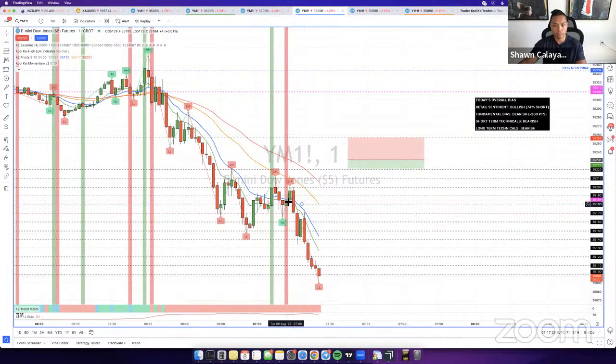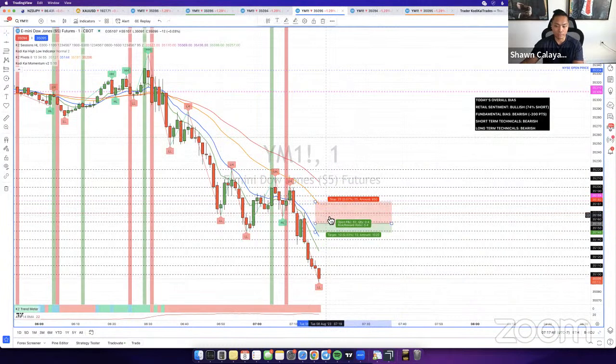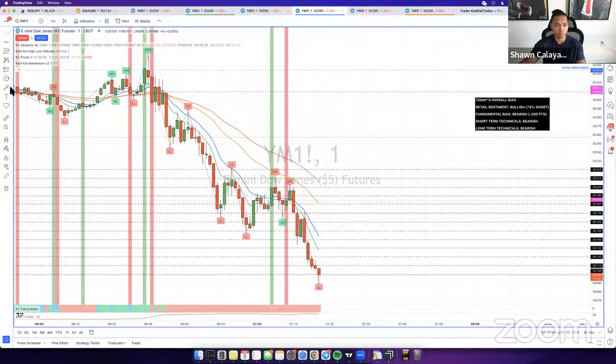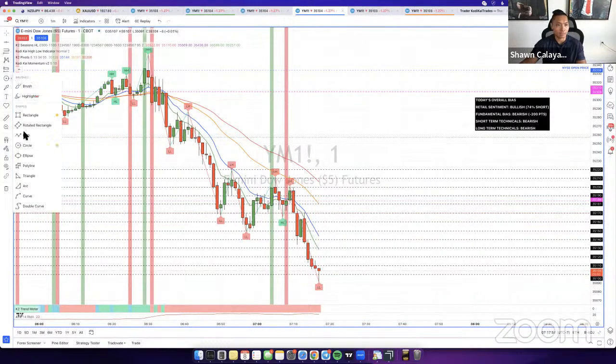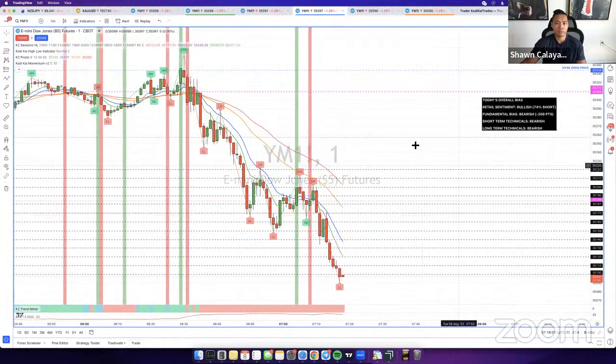So you can see over here, if you just wait for that entry to come to you, like it just did, price came down, retraced, and it was perfect. If I was entering directly on TradingView, I probably would have been able to take the trade because I would have just had my pending order waiting right there. But I am on Tradovate, so it's a little harder when you have to put the order in manually, but it's all good. So now I need to look for another retracement. Hopefully we'll get one before market close. If not, I'm not going to force anything here, right? The main thing with you guys trading is to never force anything.